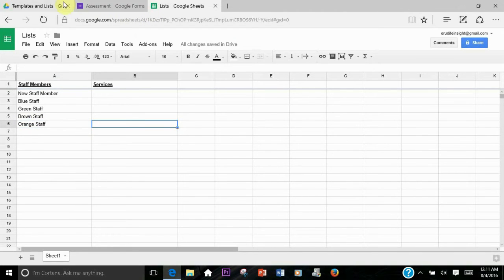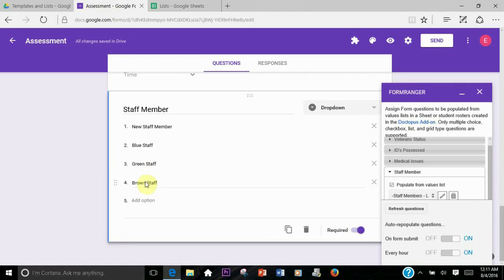That's good there. I'm going to go back into the form here. Orange staff did not automatically appear, and it won't appear until we actually either submit a form or we wait till the hour is up. If it's, say, 12:30, we want it to just automatically do it. It won't until it becomes 1 o'clock, unless you submit a form or you go into Form Ranger and you